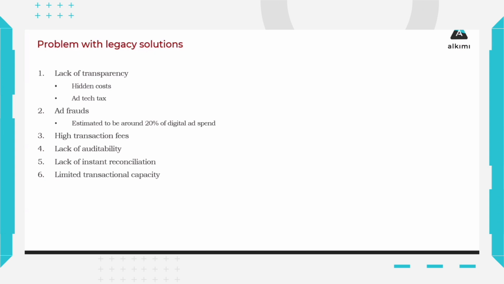Add to that the lack of auditability. You already spoke about the lack of instant reconciliation, and also transactional capacity. With the use of hypergraph now, we have literally infinite capacity. We can horizontally scale as much as we want in order to support the kind of bandwidth that the publishers would need. And I think if you think about that in terms of protocols and applications, I think the